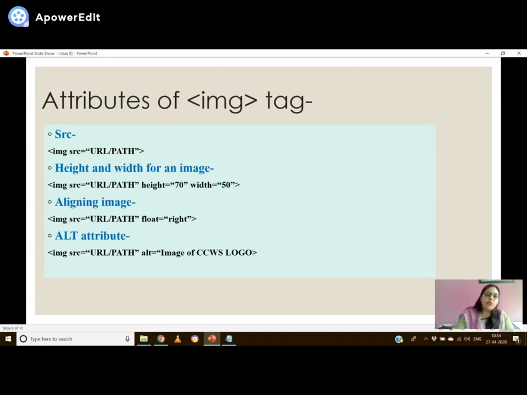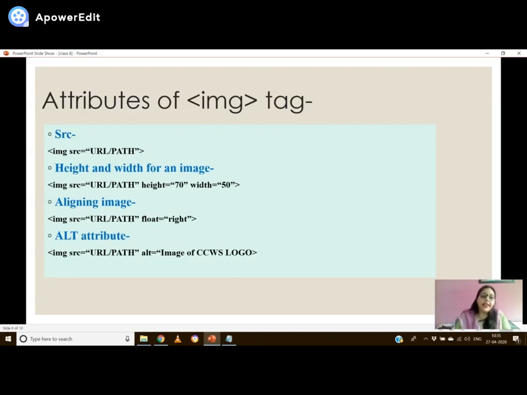Then sometimes what happens is that your image is not displayed. It can be a network failure, or your browser is not supporting a particular image type, anything. So that time, rather than putting a cracked image, which you might have seen in your web searches, you can display an alternate text.